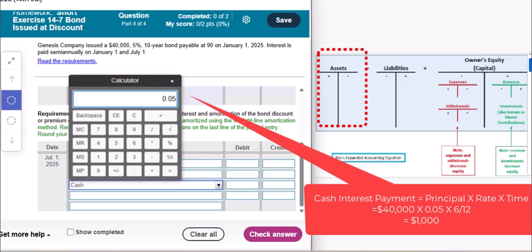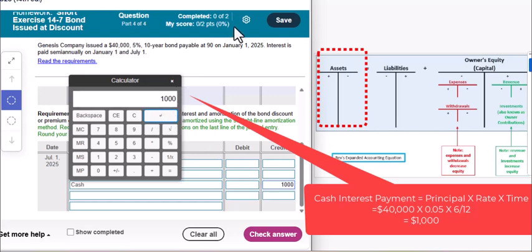And then after we get that answer here, we're going to divide that number by 12 to get the amount for each month. And then multiply that amount by 6 in order to get the 6 out of the 12 months of interest we are calculating here for that time. So let's go ahead and equal that. So it looks like cash is going to be going down by $8,000. So let's credit that here on the right